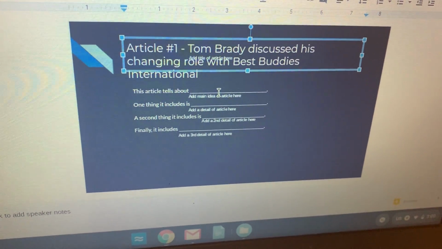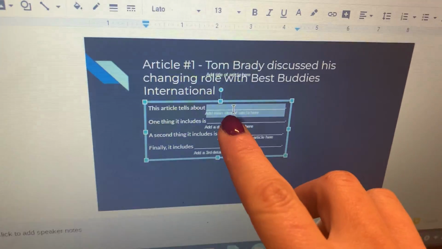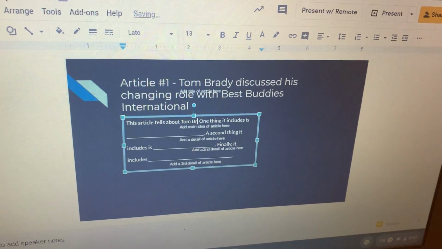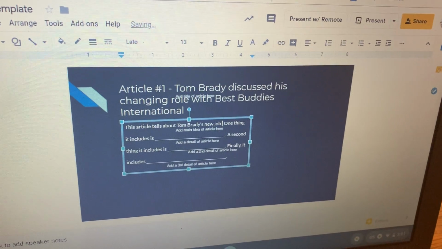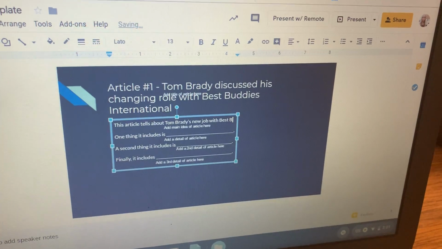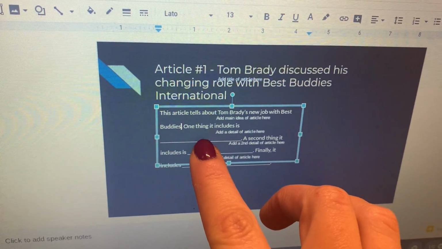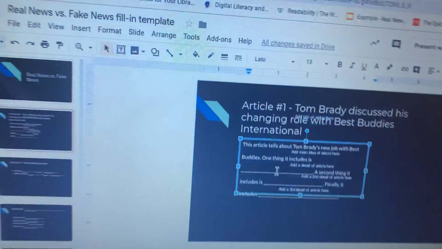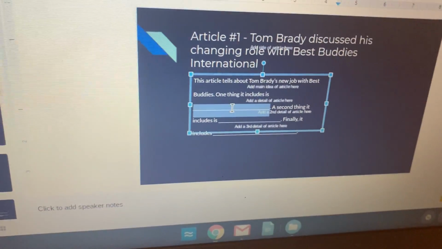Then what you're going to do is you're going to double click on this line here, and then you're going to say this article tells about Tom Brady's new job with Best Buddies. Then you're going to double click where it says the next line. So one thing it includes is, so double click, and that's going to highlight the line. And then one thing it includes is